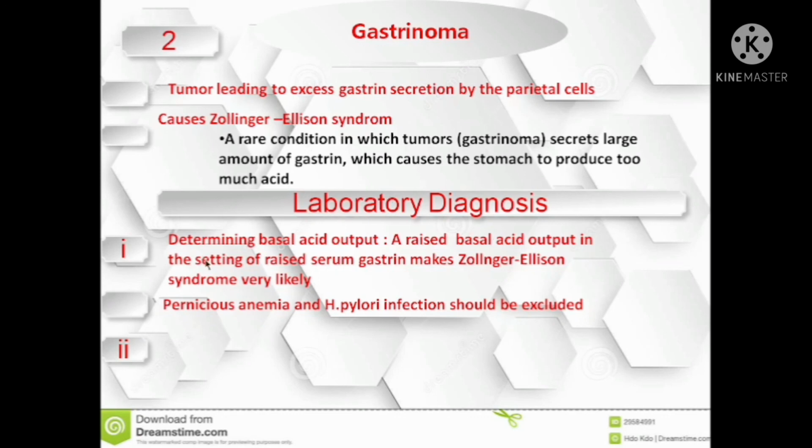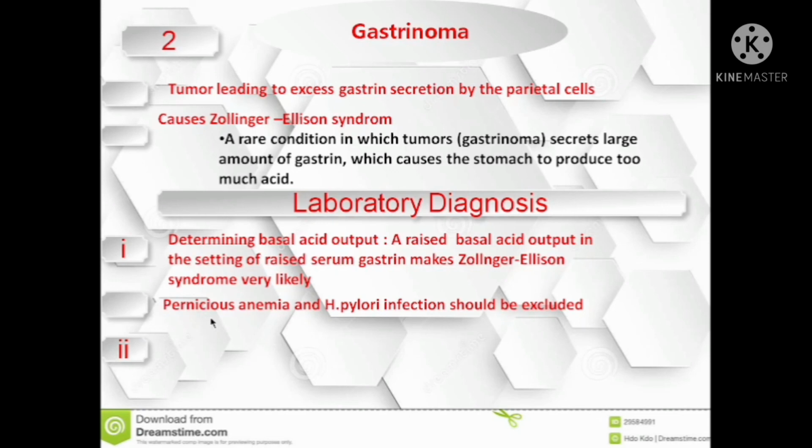So in the lab, we determine basal acid output. A raised basal acid output in the setting of raised serum gastrin makes Zollinger-Ellison syndrome very likely. Pernicious anemia and H. pylori infection should be excluded. In pernicious anemia, we can get a high amount of acid, and in H. pylori too, there will be a high amount of acid. So we have to exclude these two with a specific test. For H. pylori, maybe you use the urea breath test. For pernicious anemia, there is a specific test for that,